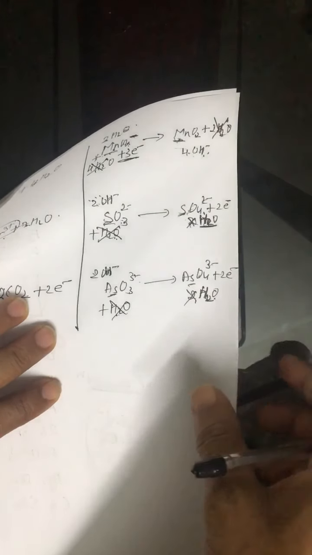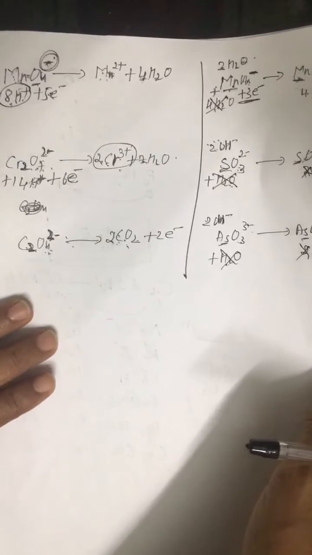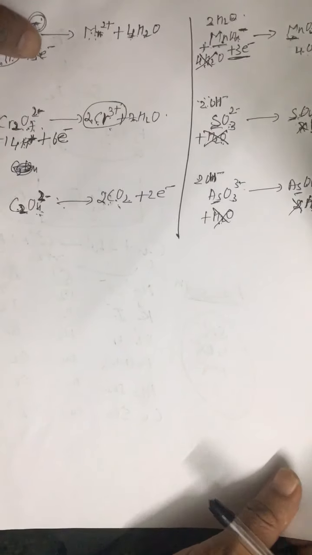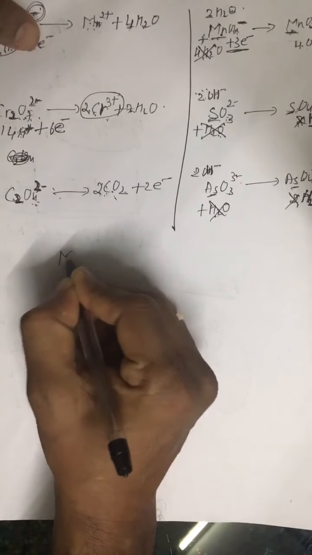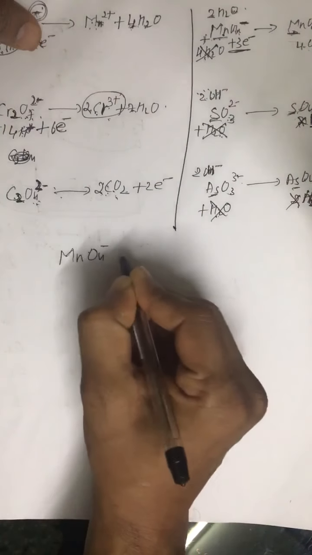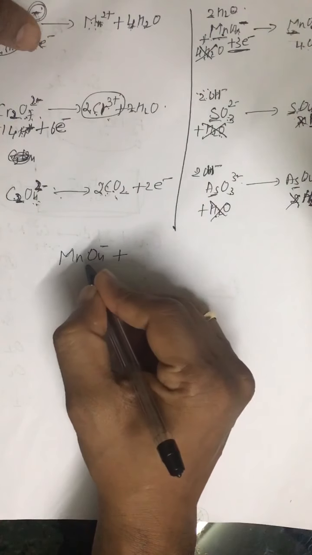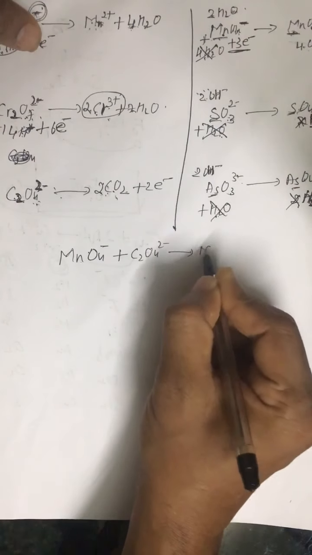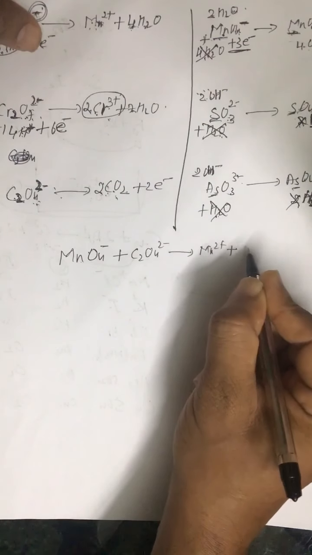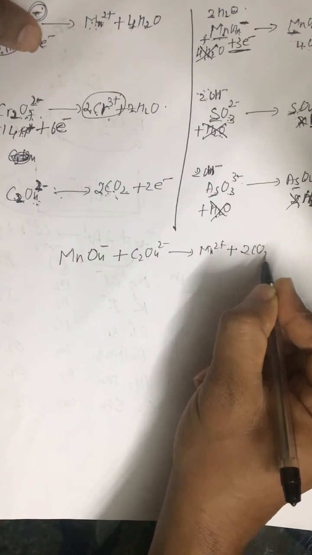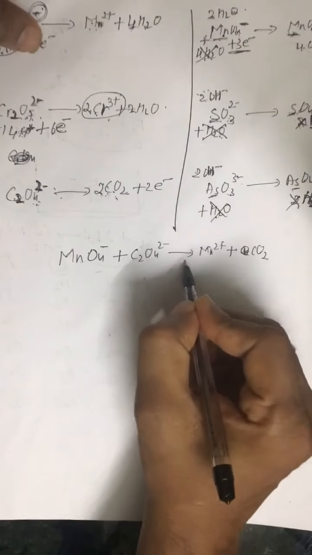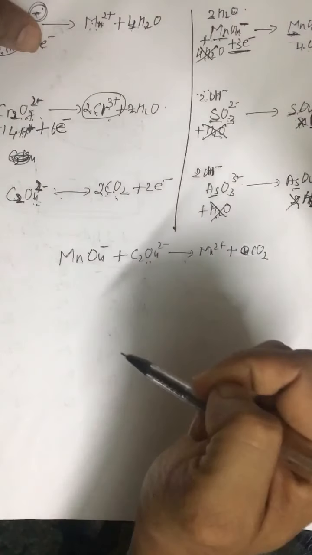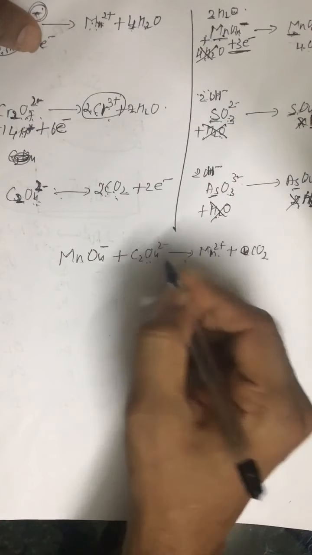This is how we balance this, what do you say, half balancing. Both are redox half balancing. And if you want to balance the complete reaction, you can use one method, that is the oxidation state method. Like we are given MnO4 negative and oxalate ion, that is equal to Mn2 positive plus twice of CO2. This is given. You can do one thing, you can make a redox half balancing, and you can balance in this manner, or you can proceed in this manner.